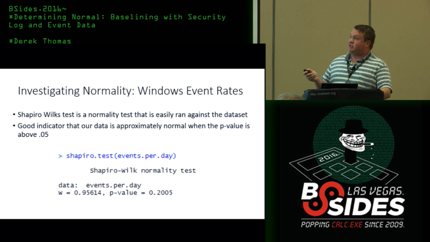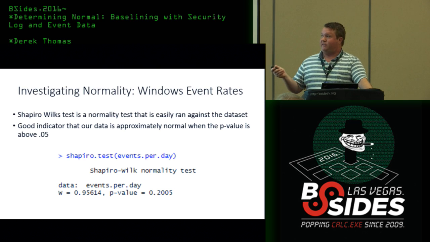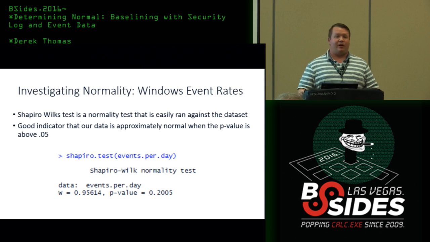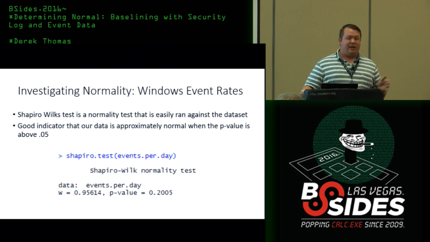What this does is you just feed it your list of quantities. That was the list of all the events through the data set that we had. Feed it into the function shapiro.test, and it outputs a p-value. What that p-value tells you is that if this is over 0.05, there's a possibility that this was taken from a normally distributed data set. And the higher this value, the better that possibility is. If it's below 0.05, we would have to exclude it from being normally distributed.